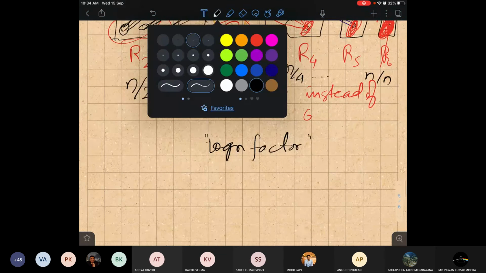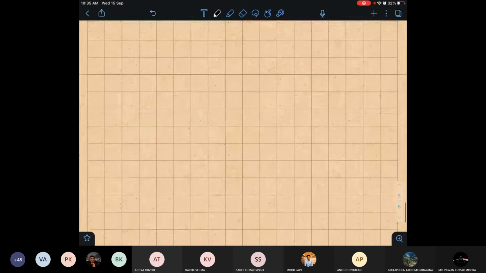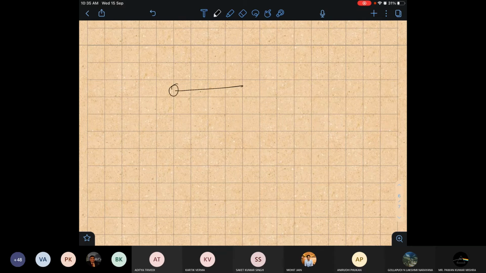So I will discuss another algorithm which gives me a 2 factor for vertex cover. Any suggestion from your side, what kind of algorithm I can design which gives me a better factor? One greedy algorithm failed. Try to think about another greedy algorithm which may work. Okay, let me give you the algorithm. Now suppose I pick an edge.